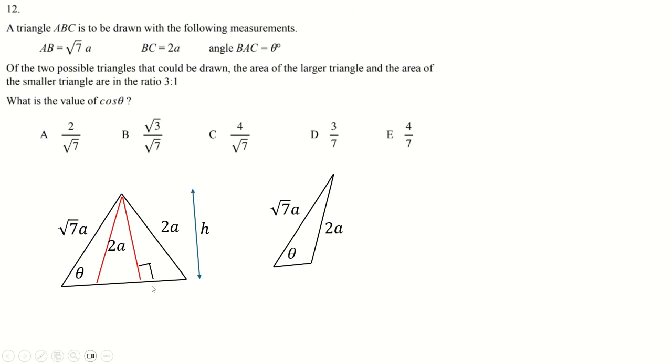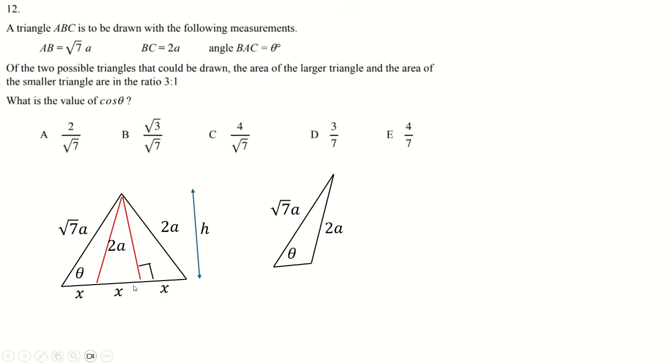That means all these bases are length x. They're all the same, because of course the area of this triangle could be written as a half times x times its perpendicular height, which was h, and likewise here, half times x times h, and half times x times h. So all these are x,